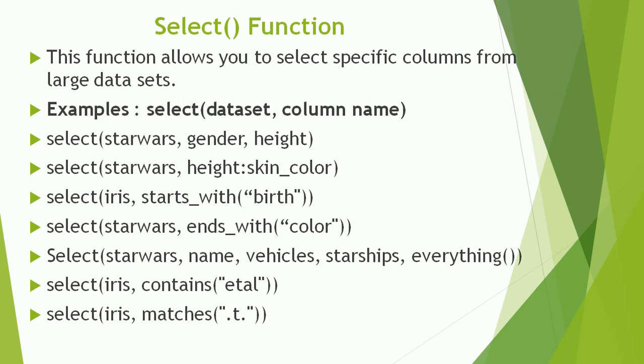The next is if I want to bring some key columns to the front followed by the others. So in this case, over here we can make use of the function where starwars is the name of the data set. I want the first column to be the name, the second column to be the vehicles, the third column to be the starships, followed by all the other columns. So the ones which are of my priority should come in the front followed by the rest. Such a kind of select function is also possible.